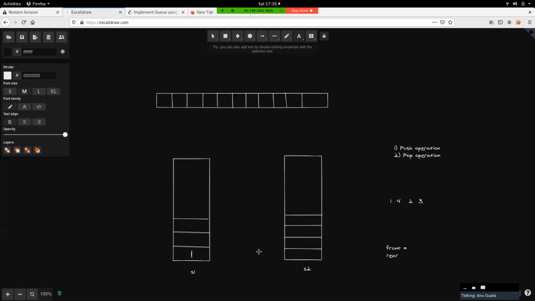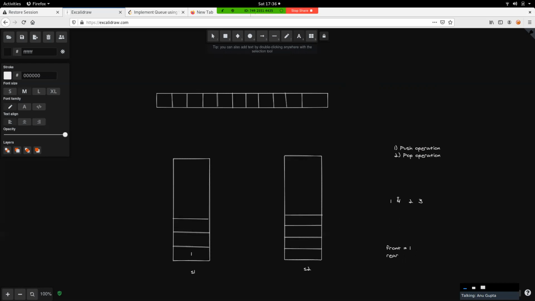Okay, so the front should be one. Now when we are pushing the next element 4, what we have to do is take all these elements back from this main stack to the temporary stack, so that whatever element we are now pushing should be at the top. So let's say this end position right now is our topmost element, that is always the front. So we are maintaining a front. Initially the front was 1 because we had only one element with us, right?